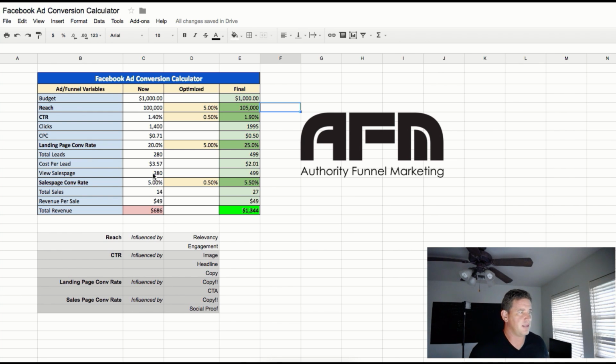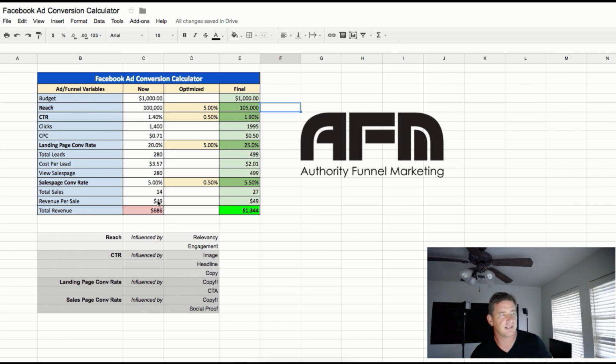Okay, now that means 280 people on the left are going to view that sales page. And if we have a very standard sales page conversion rate that's kind of an industry standard that you see across the board, I hate that term because it varies so much, but 5% is not uncommon. Okay, so if 280 people see it on the left, 5% convert, we're at 14 total sales. And if we optimize that page a little bit and we get to 5.5%, the model on the right is really starting to look a lot better because now we're at 27 sales.